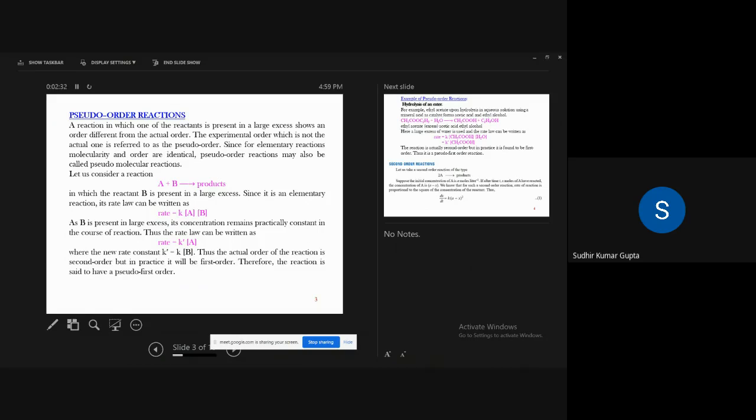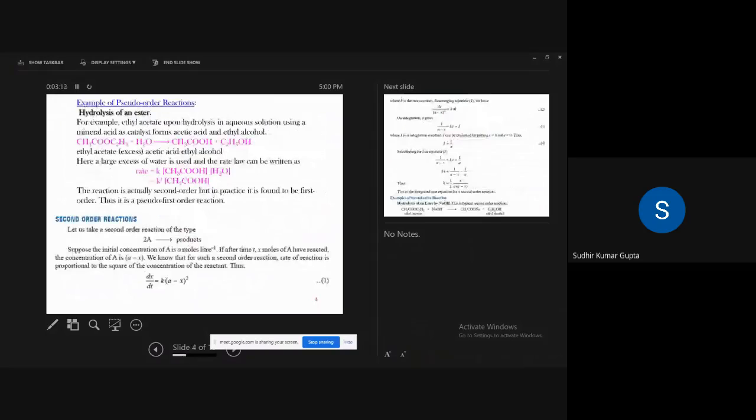The order is found to be different, and this is taken as a benefit. Why? Because by this experimental approach we can remove, or reduce the number of, variables to determine the rate of reaction. So if the rate depends upon two reactants A and B, that is, rate is equal to k into A into B, it will be reduced to rate equal to k' into A, because B is in a very large excess. We can drop it. We will use this concept in determining the order of reactions.